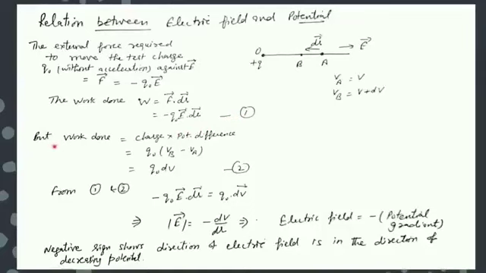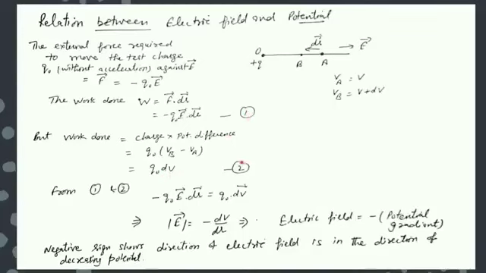But we have taken the definition of the potential difference, which is equal to work done in bringing the charge from one point to another point. Here I am bringing it from A to B, but the potential at B is greater than A, so the potential difference will be VB minus VA. So you can write work done equal to charge into potential difference, which is equal to Q naught into VB minus VA. This VB minus VA, I am calling delta V because this is the difference. So you can simply write it as delta V or dV.